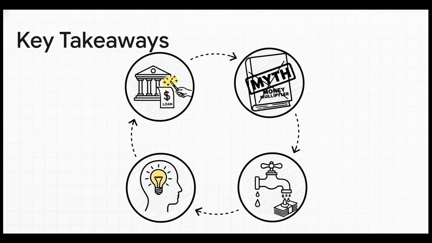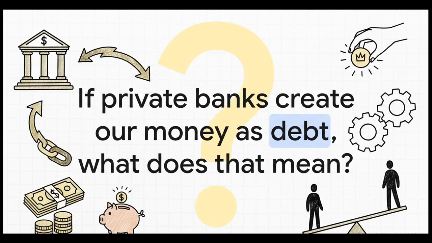You'll understand the news about rate hikes differently, and you'll see the whole structure of economic power in a brand new light. And that leaves us with one last big, important question to chew on. If our money supply is brought into existence mainly by private, profit-seeking institutions, and every new dollar is created as a new dollar of debt, what does that mean for the stability of our economy? What does it mean for our collective goals, for things like inequality, and for the question of who really holds the power? That is something worth thinking about.